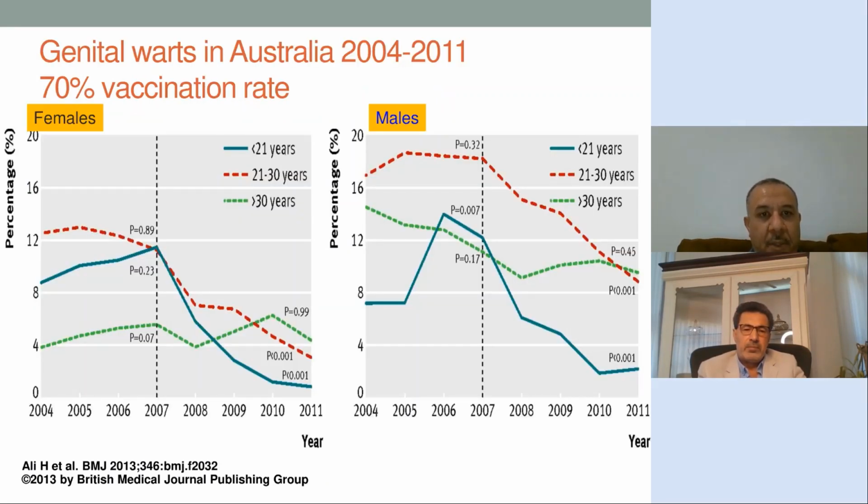This is the same in Australia, and the graphs talk about females and males, and the different colors of the graph give different age populations. The green line is less than 21, the dotted red is between 21 and 30, and the dotted green is more than 30. If you notice, in 2007, when they introduced the vaccine, there is a drop in all age groups in the warts related to the human